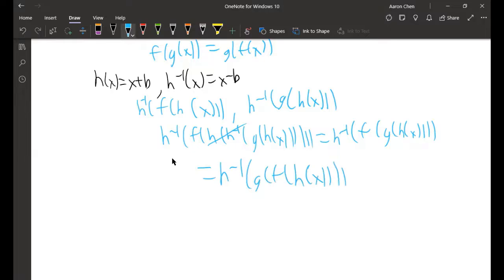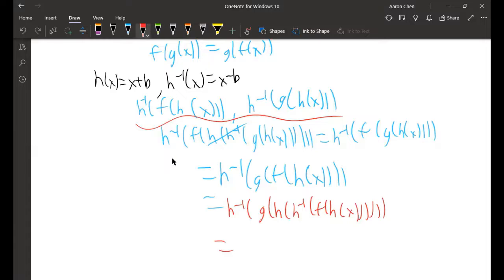And now this comes from the fact that earlier we found that f of g of x is equal to g of f of x. And so this is equal to h inverse of g of h inverse of f of h of x. And now if we look at these two,